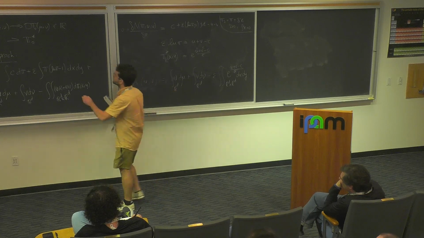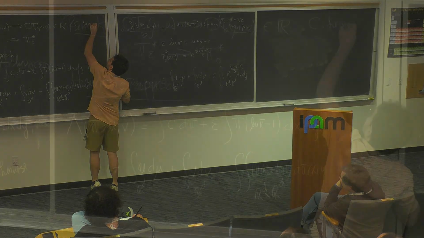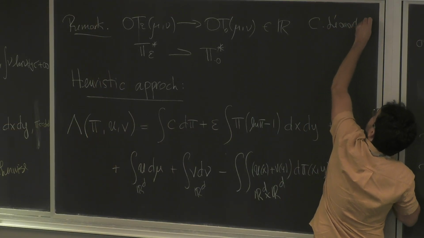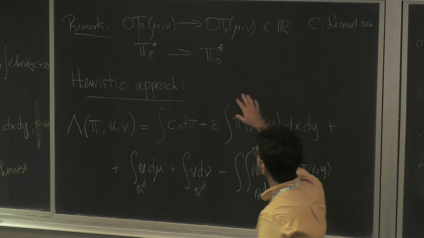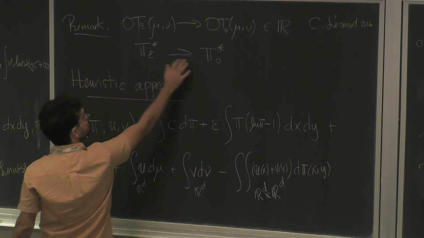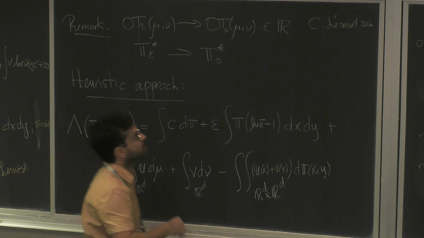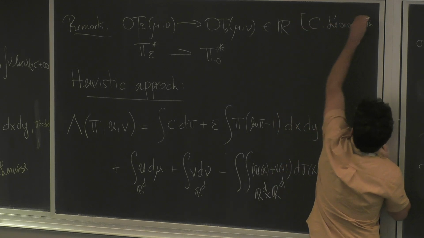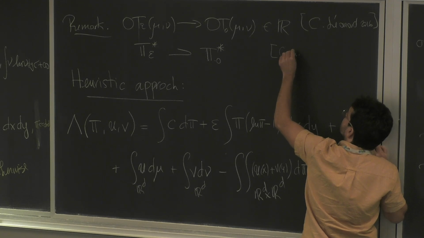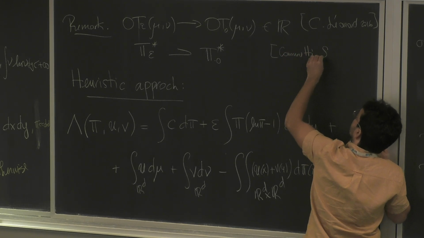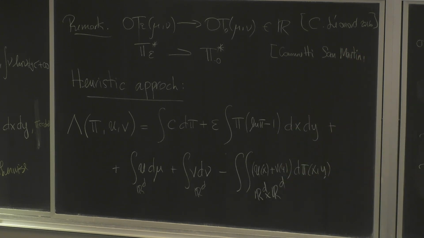So let me put some references here. We can look at Christian Leonard, 2016, if we want to look a little bit at the convergence, or more precisely the gamma convergence, of the entropic plans to the solution of the optimal transport problem. But there is a very nice paper that has been forgotten for some time, in the discrete setting, Cominetti and Saint-Martin, that I forgot the year.